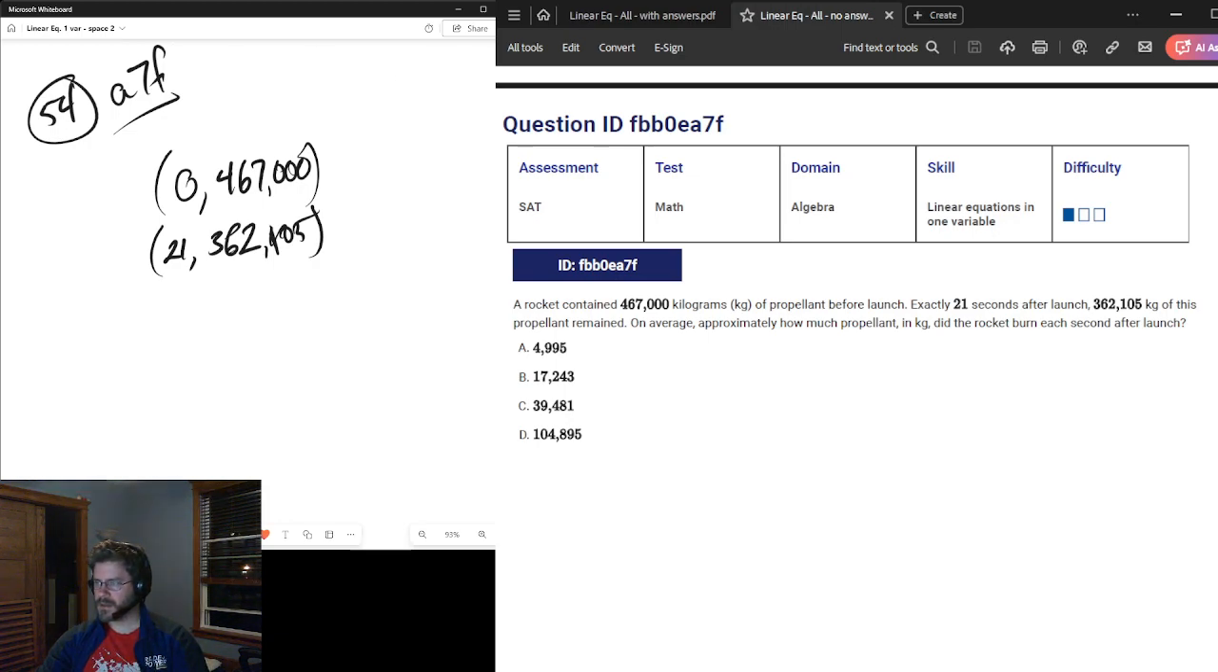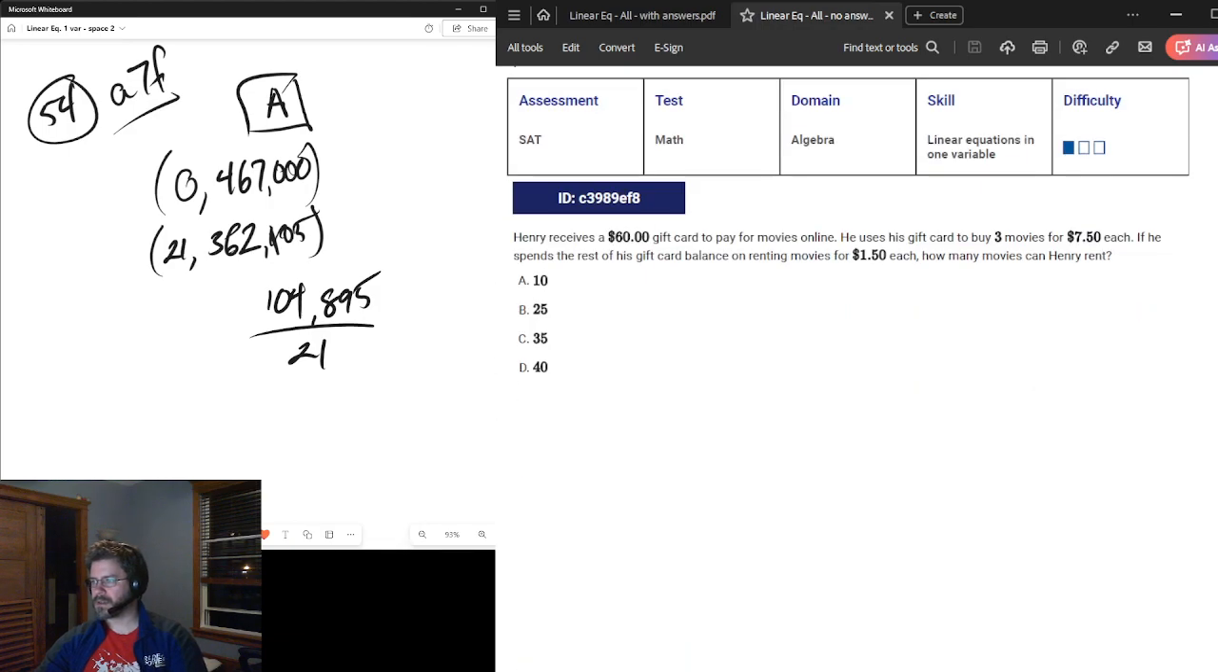So using a calculator, 467,000 minus 362,105 gives us 104,895. 104,895 divided by 21, because that's the change in the x's, is 49.95. Sounds like the price of something you'd buy off an infomercial for $49.95. But anyway,